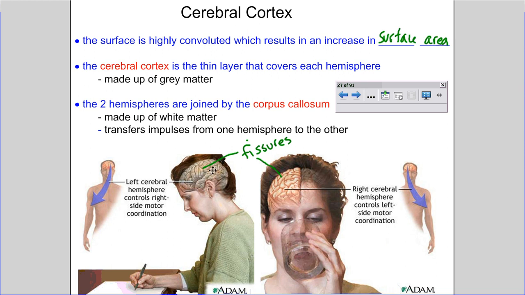Another term that you should know and jot down is fissure. See where all these different coiled up regions are? Well, there are little pockets where it goes down in, little invaginations, and all of those are called fissures. So if you were to have a stroke on the left side of your brain in a region where it's